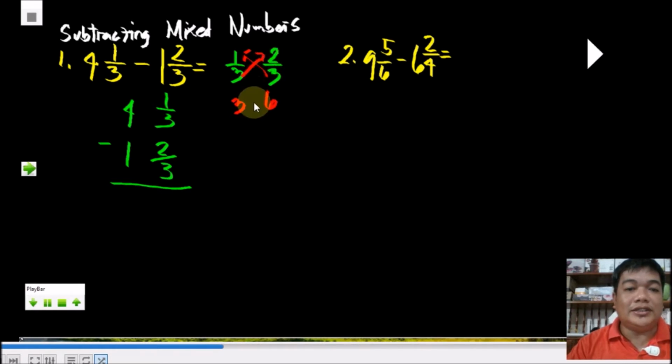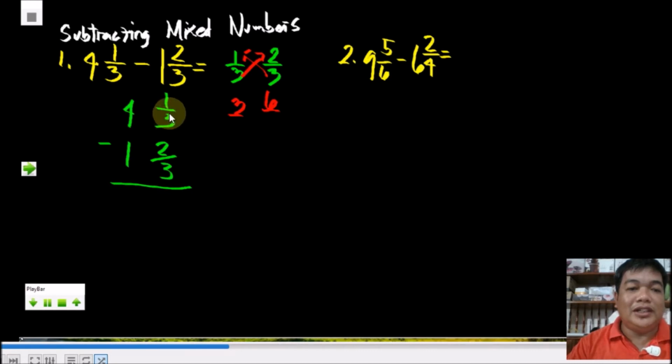So in this case, the product of 1/3 is 3, then the product of the second fraction, 2/3, is 6. So 3 is less than 6, so 1/3 is less than 2/3. So we cannot subtract 2/3 from 1/3 because 1/3 is less than 2/3. So what we're going to do now is regroup this 4 and 1/3, or rename this